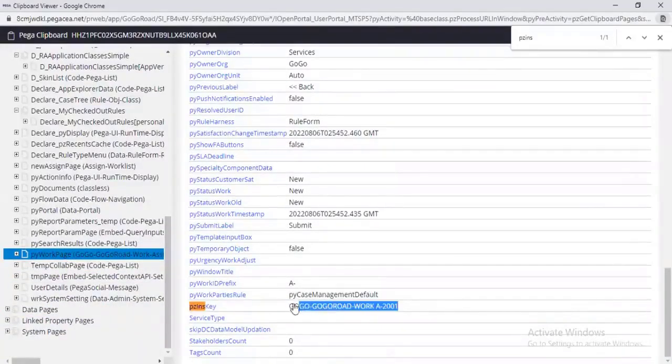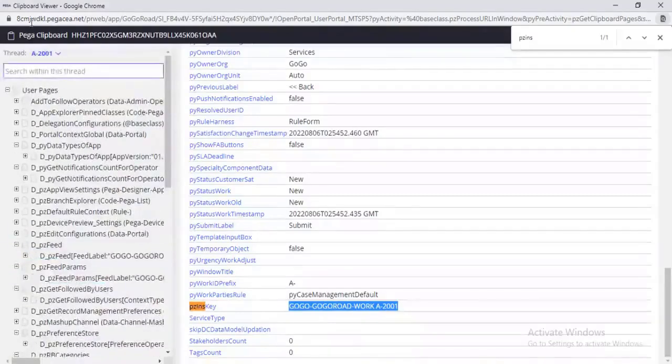What is the pzInsKey? The pzInsKey is a combination of your work class and your case ID, A-2001. You have opened a case A-2001, so it is like that. If you have opened a case A-1001, then the pzInsKey will be a combination of your work class and A-1001.